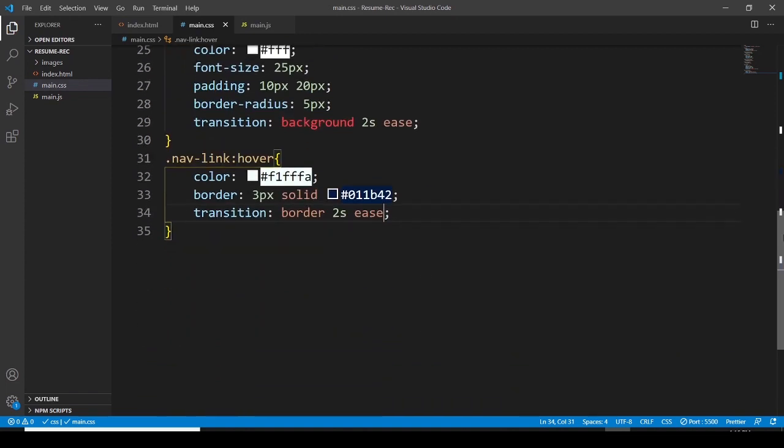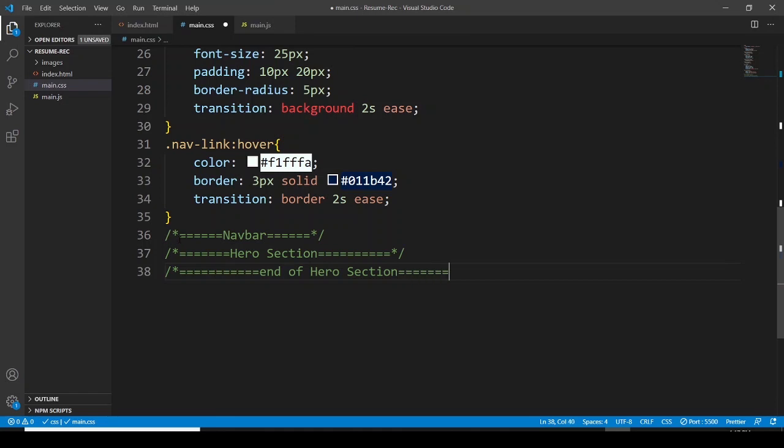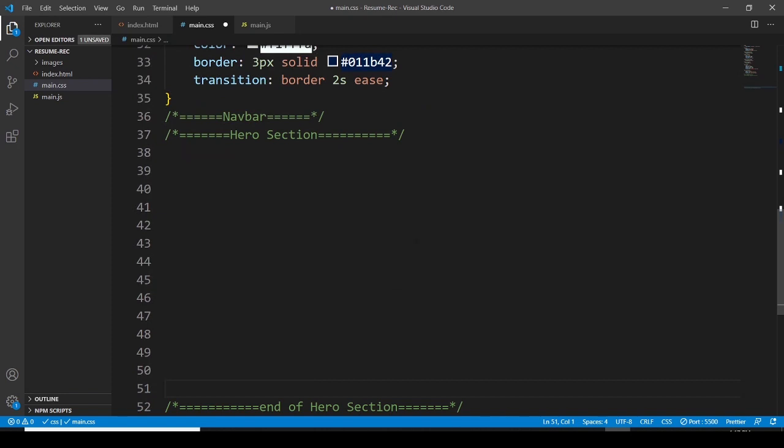So first of all, let me have the comment here to close this one. So it's going to be navbar, and now this is going to be a hero section, and let's say end of hero section. Now here, let me have some space,